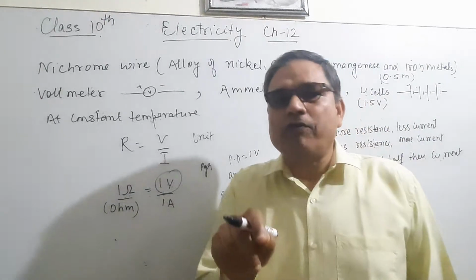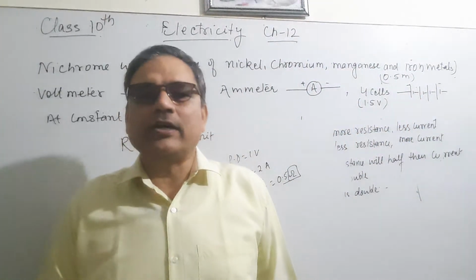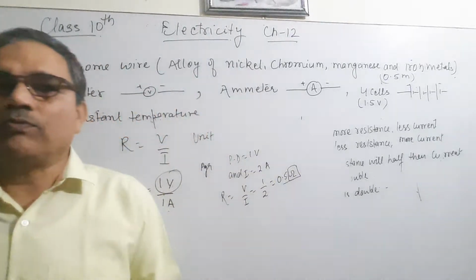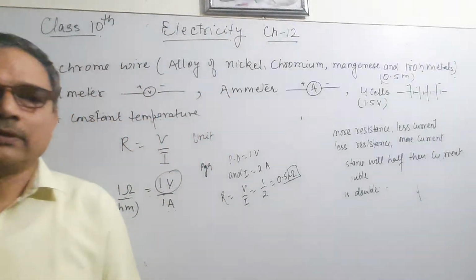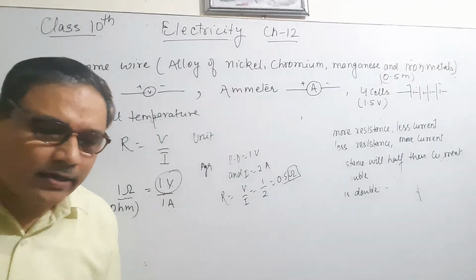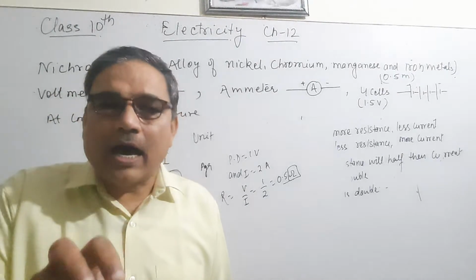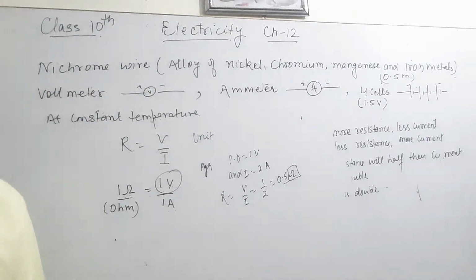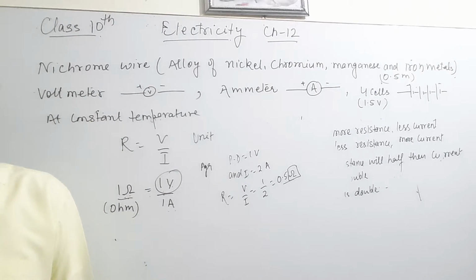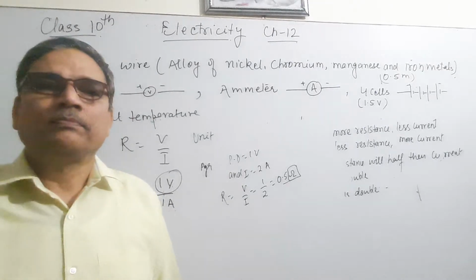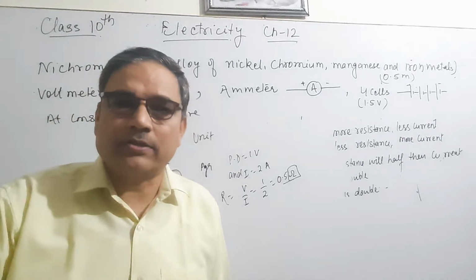And the resistance of a conductor is negligible. Generally, we can say the resistance of a conductor which allows the electric current to pass is zero, whereas a conductor having some appreciable resistance, some amount of resistance, if any conductor which allows the electric current to pass has some appreciable resistance, that conductor is known as a resistor.